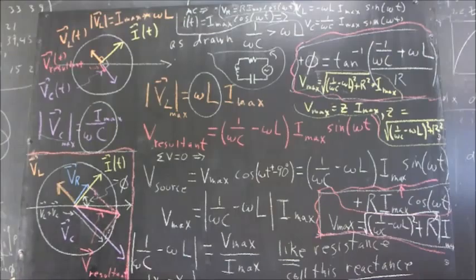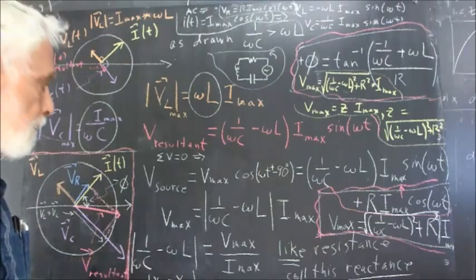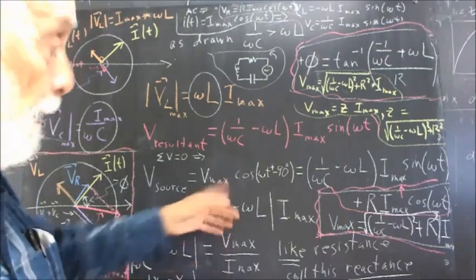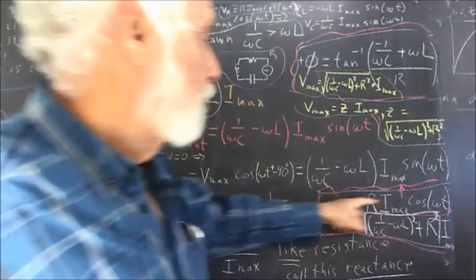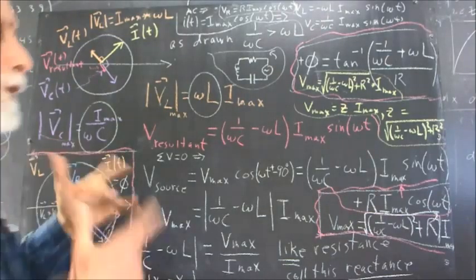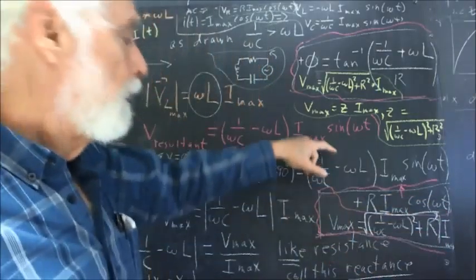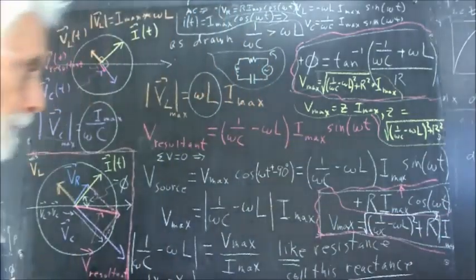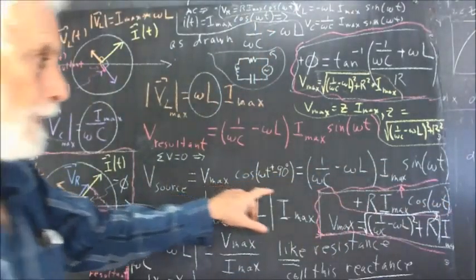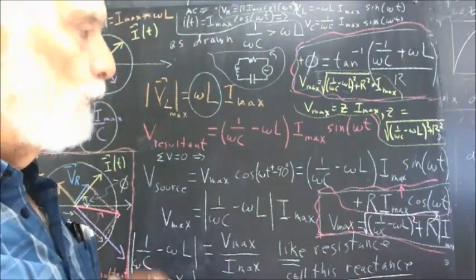I had not rewritten the results for the impedance, basically, but as you can see from the discussion, we added the voltage across the resistor to the sum of the voltages across the inductor and capacitor, so that now our voltage of the source is going to be this,